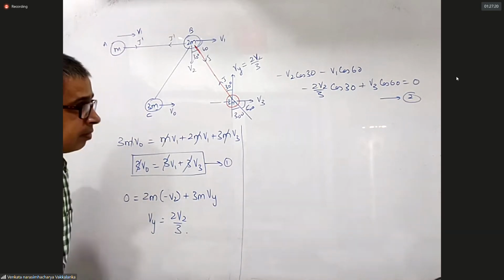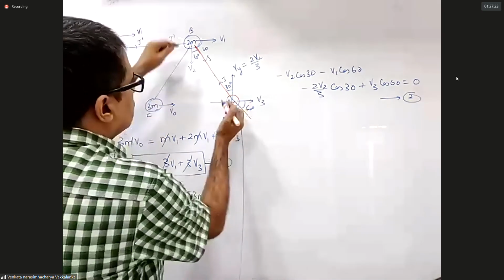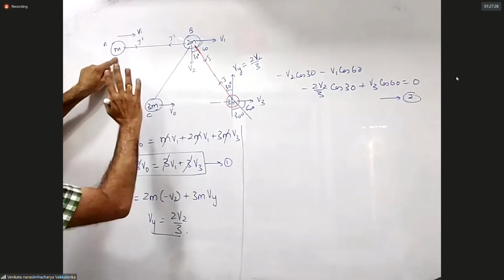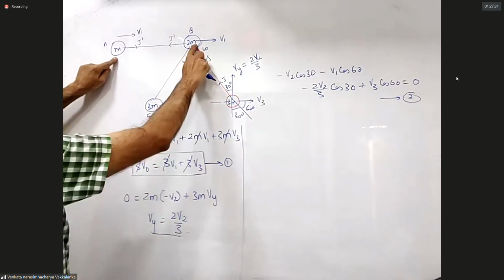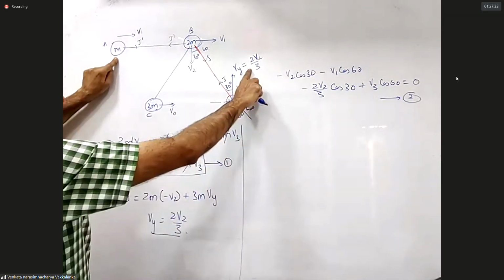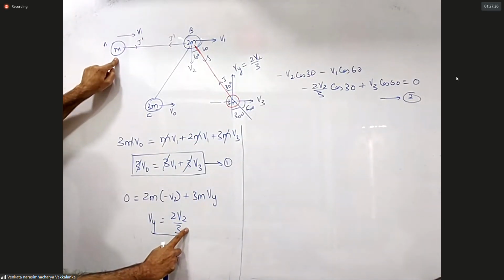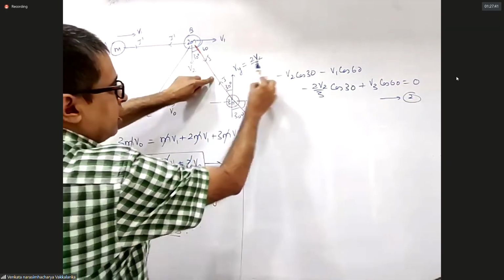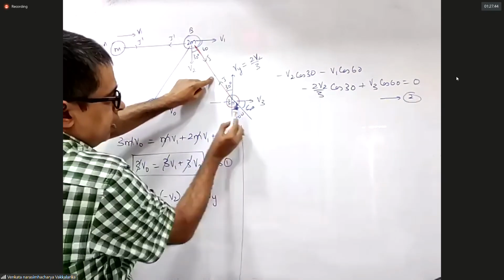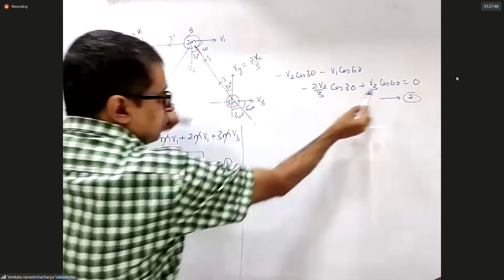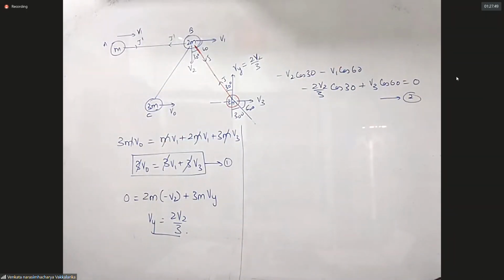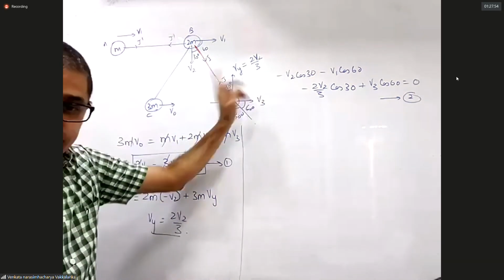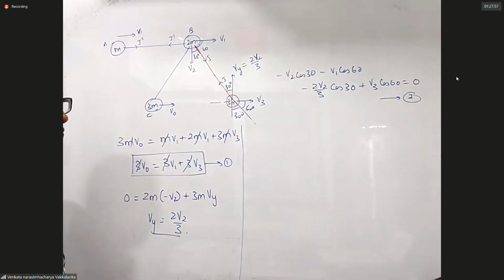So can you explain again how you got Vy equal to 2v2 by 3? Conservation of linear momentum in the y direction. Initial momentum is 0. 2m into v2 is 3m into vy. So when I resolve that vy in this direction, it is 2v2 by 3 cos 30. V3 when I resolve in this direction, V3 cos 60. This is my second equation. Vy is not a variable anymore for me.